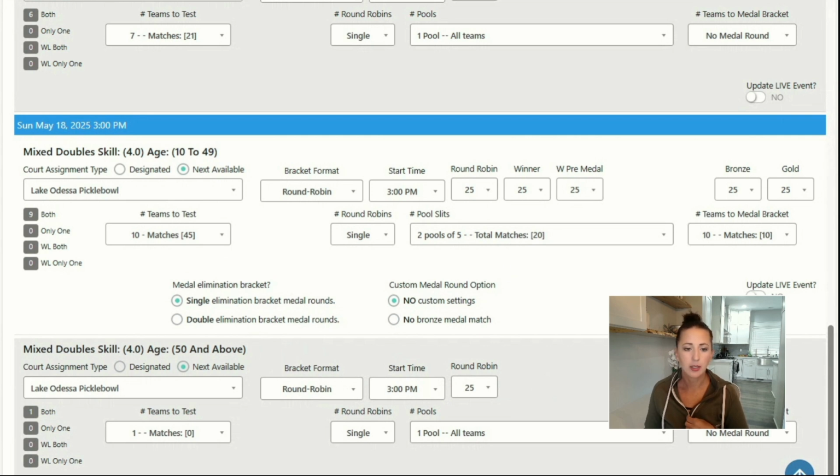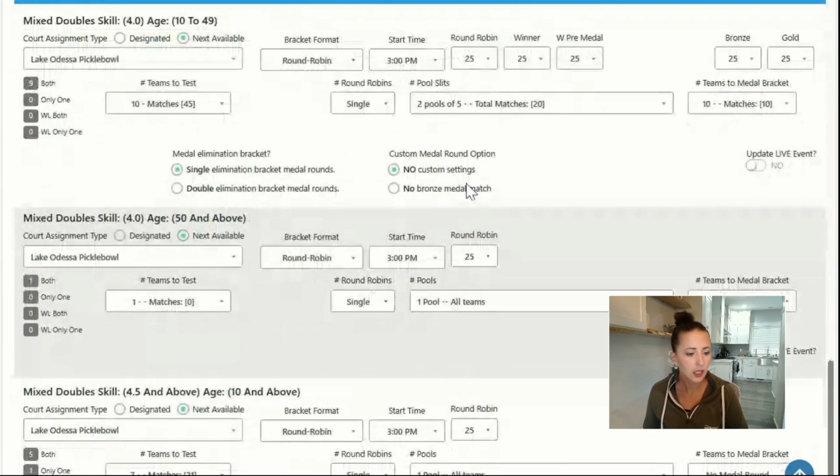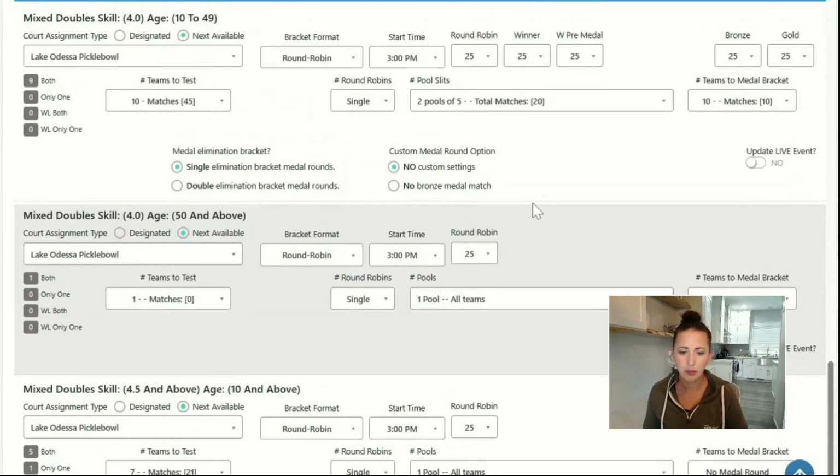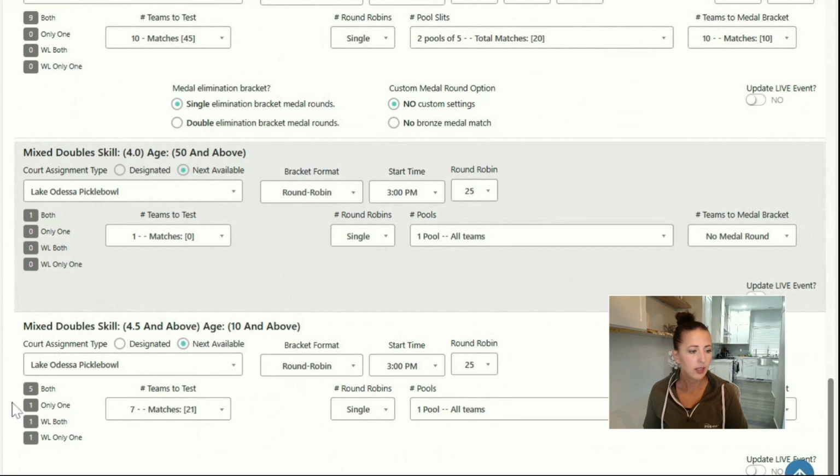So that they can play together. By turning the 50 plus one off, I can put them into an all age event. This one would probably turn into an all age event. We can again make sure that one's yes, that one's not included. And you can see here, I have a couple people on the wait list, so I will leave that at